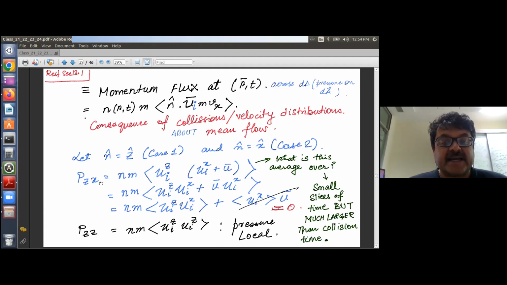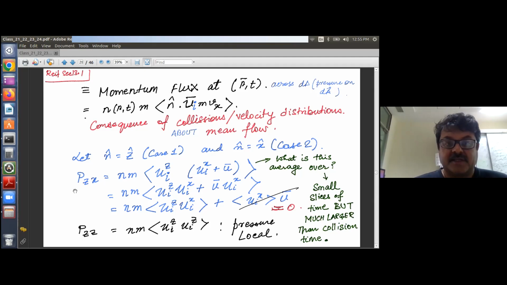Then P_zx, the momentum flux, the normal to the area is along the z direction, and what you are interested in calculating is the momentum flow in the z direction across x,